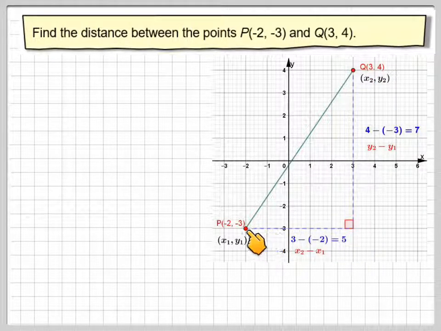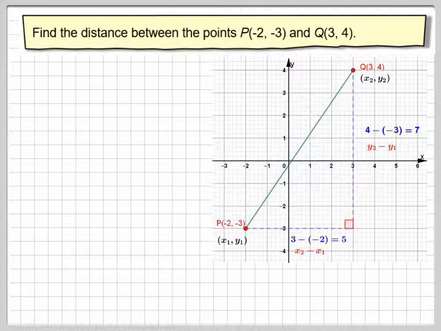Now I could work out this distance. I know I can see it's 5 from the graph, but I can work out this distance from the x-coordinates by taking 3 and then taking away minus 2. So if I do 3 minus minus 2, I get 5. So you can see I get that distance there. Now this distance here,